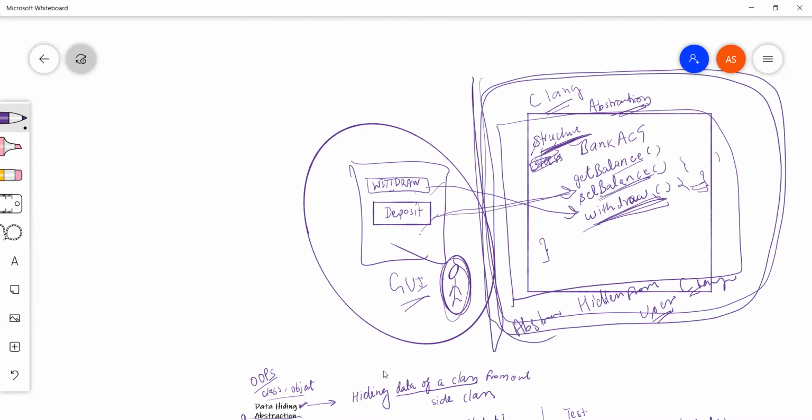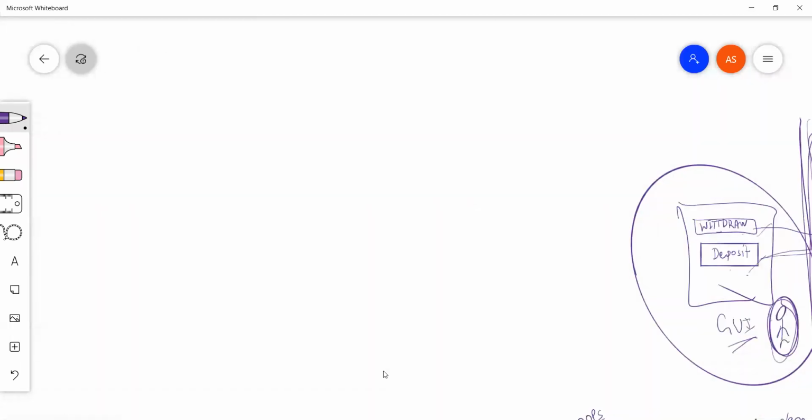So an abstraction layer is there. But when we say abstraction in terms of programming, then we will have abstract classes and interfaces. We are not going into that much detail right now.